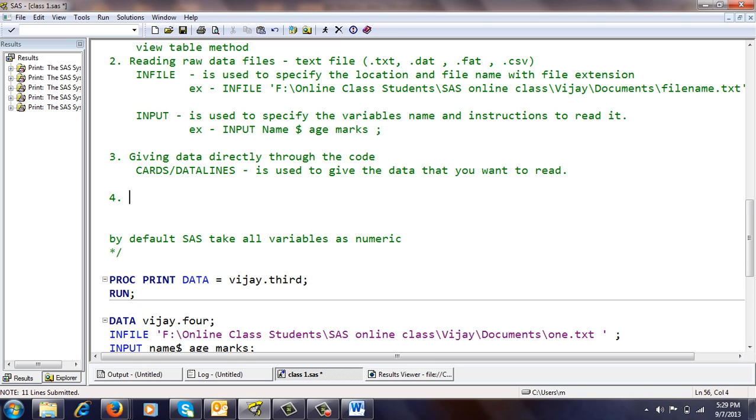The fourth one is called reading other software data.